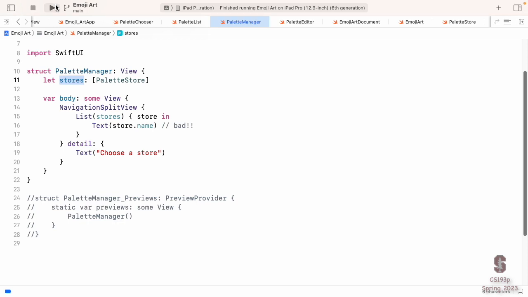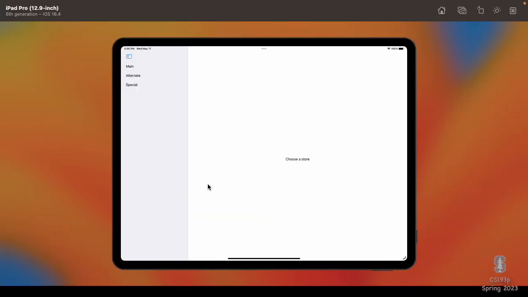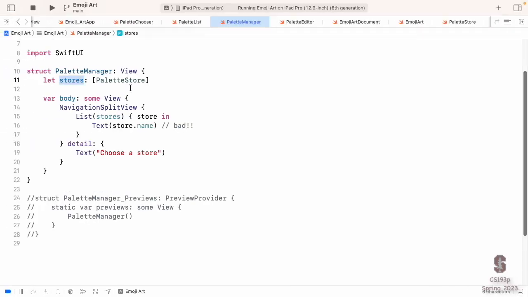All right, let's go see what that looks like. All right, there we go. Left side, you see, we have our stores. And what we want is when we tap on one of these, show me the palette in that store. So how do we make that happen? Well, we could actually make that happen with navigation links and navigation destination. Just the same way we do in Stack, it works exactly the same. We could go in here and put around this text store name, navigation link with the store thing, and then navigation destination. But I'm going to show you a different way to do it. I'm going to keep track of the selection in that list, and then based on the selection, I'm going to pick the thing in the detail. So how do I keep track of a selection in a list?